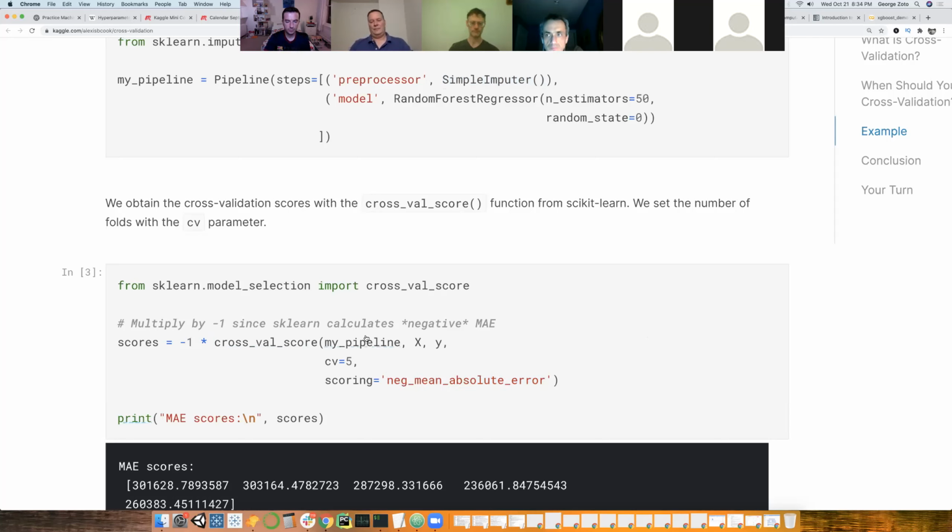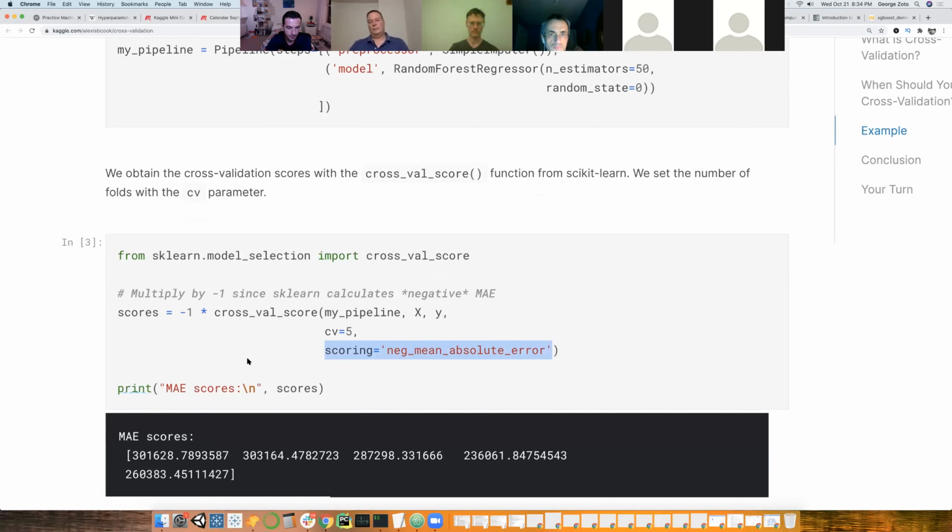The way we use it is we give it our pipeline as input that takes care of pre-processing as well as our model, our features X, our target Y, and then just one simple variable, CV, how many cross folds you want to do, 5. That means that it will do 1/5 as validation, the rest is training each time it runs this model. And for scoring, we'll use this negative mean absolute error.